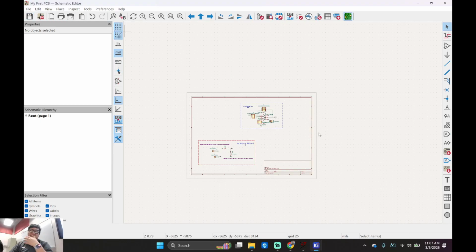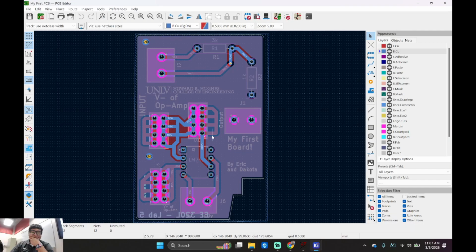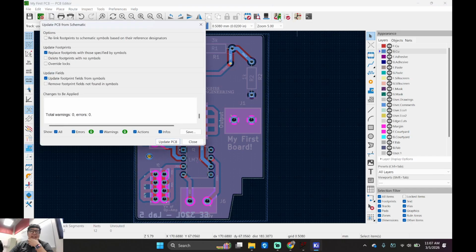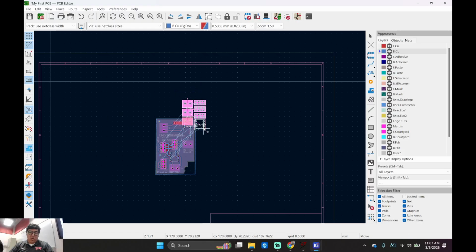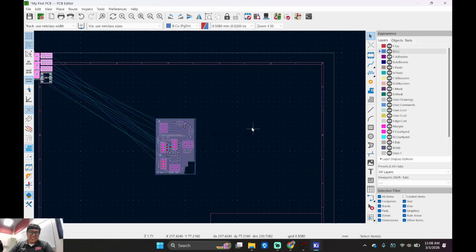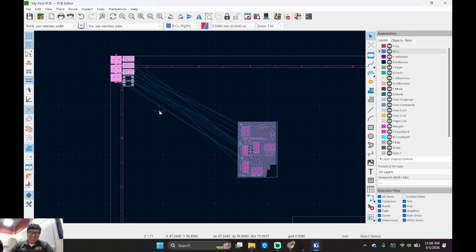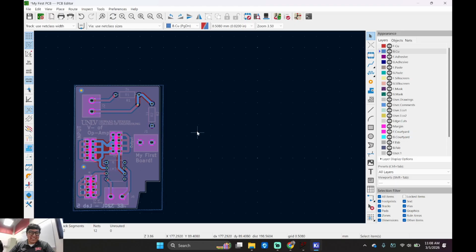Let's go to the layout. Let's go see the student. Let's get rid of his name. You can check that out later. Save. Now let me do something funny. I'm going to update PCB from schematic and see what this does. I hope it works what I think it does. What the? That's funny. Okay, let me see. Whoa. I want to see if it lets. I don't think it's going to let me do it.